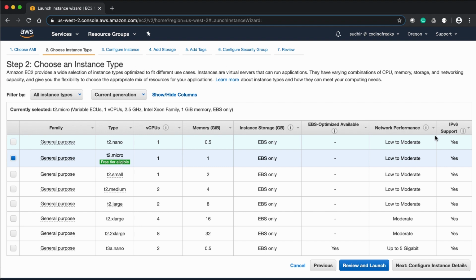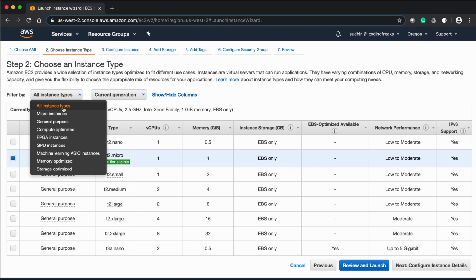AWS provides a couple of instance types. If you see from here: all instance types, micro instances, general purpose, compute optimized, FPGA instances, GPU, machine learning, memory or storage optimized. These are a couple of instances which are provided, and all of these have some sort of specific functionality enhanced.